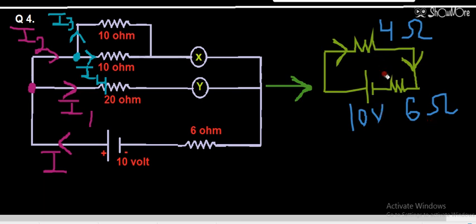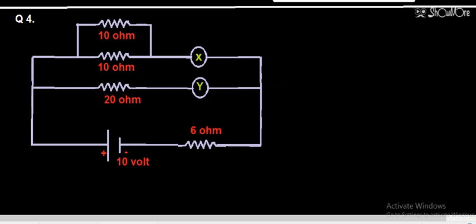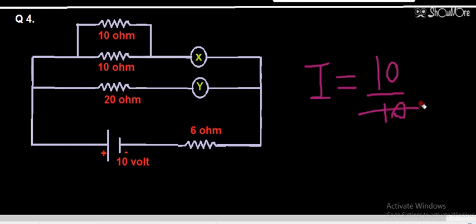So we will add these two. So resistance will be equal to 10 ohm after this step. Then we have to find the value of I, that is total current coming from battery. So total current coming from battery will be equal to 10 volt divided by 10 ohm. So current which is coming from the battery will be equal to 1 ampere. So 1 ampere is the amount of current that is coming from the battery. Now students, you can check here.